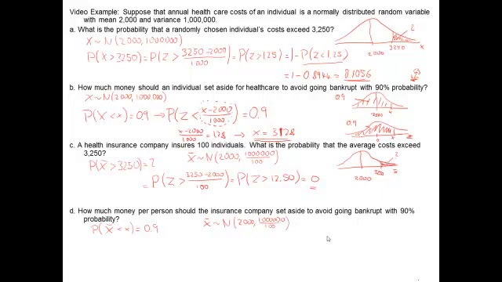So let's draw a picture so we know what we're looking for. Here, this is a question about X bar. It's a question about average cost. And we know that those bounce around 2000. And we need to find a number, a little x, such that these average costs are less than that little